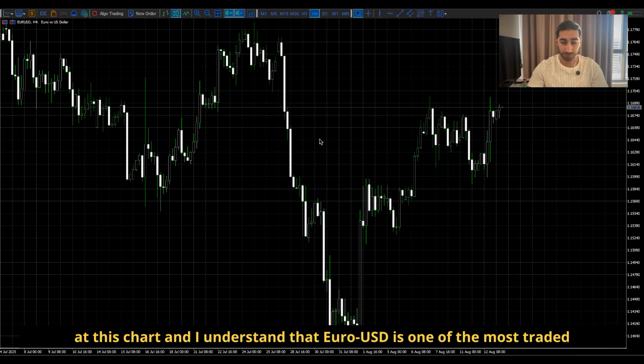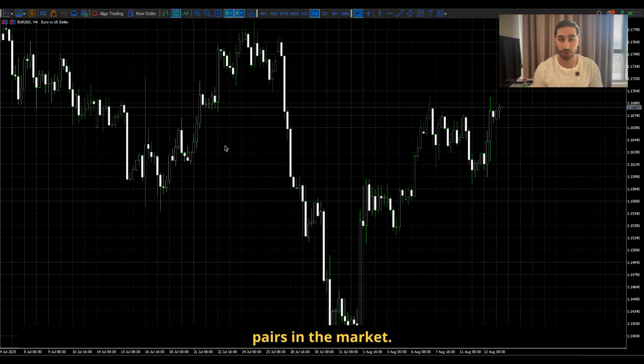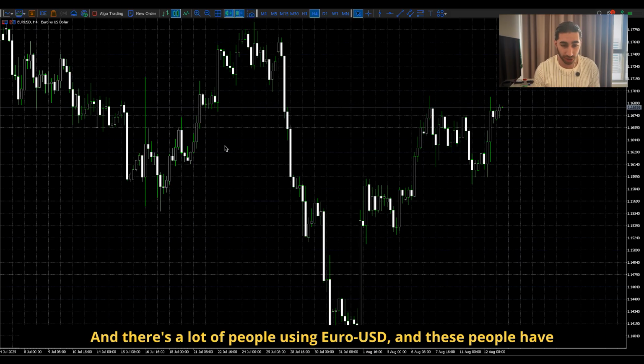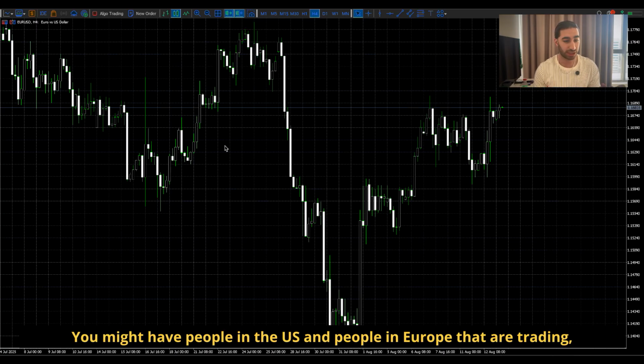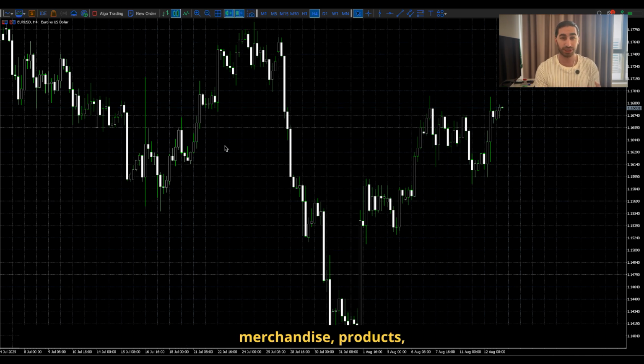And I look at this chart and I understand that Euro USD is one of the most traded pairs in the market. And there's a lot of people using Euro USD, and these people have different and very specific and particular needs for Euro USD. You might have people in the US and people in Europe that are trading merchandise, products,